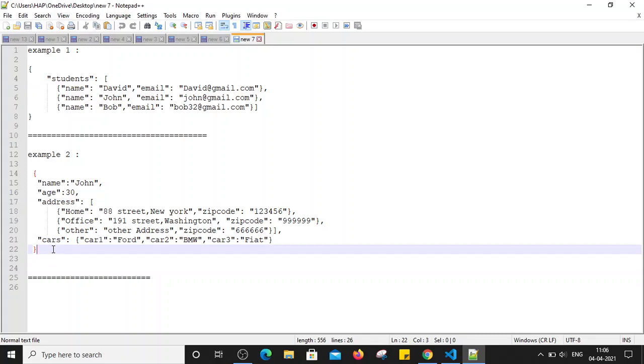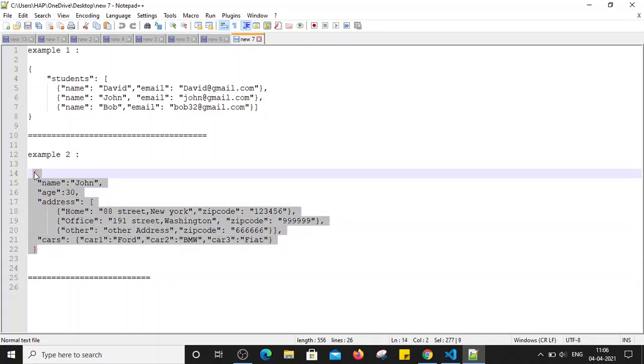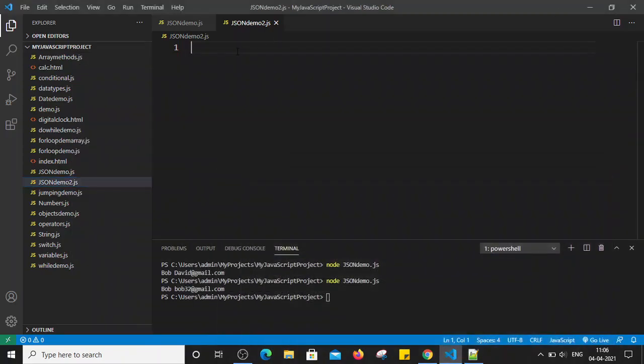Now let's see how we can extract data from such kinds of JSON formats. I'm going to copy this data. Again we create one more string, let's say my text is equal to.